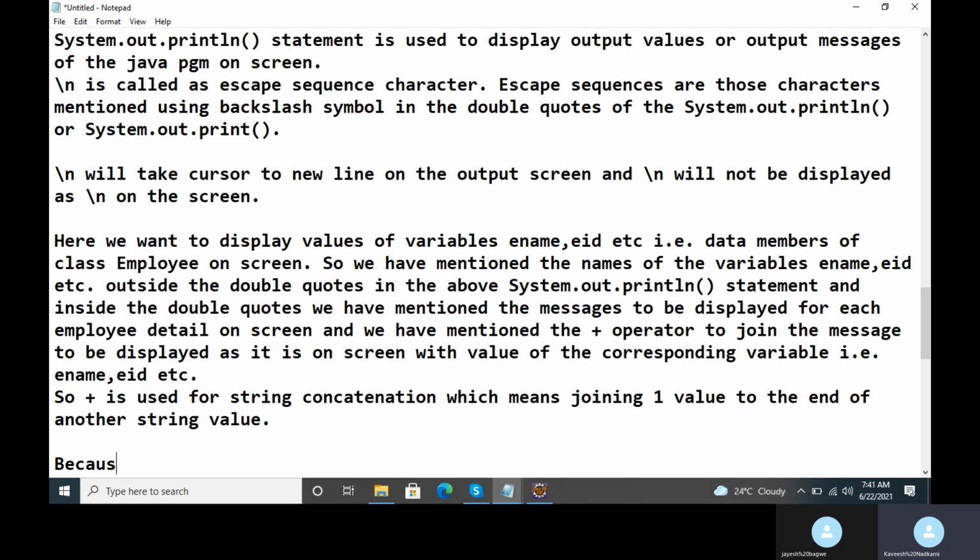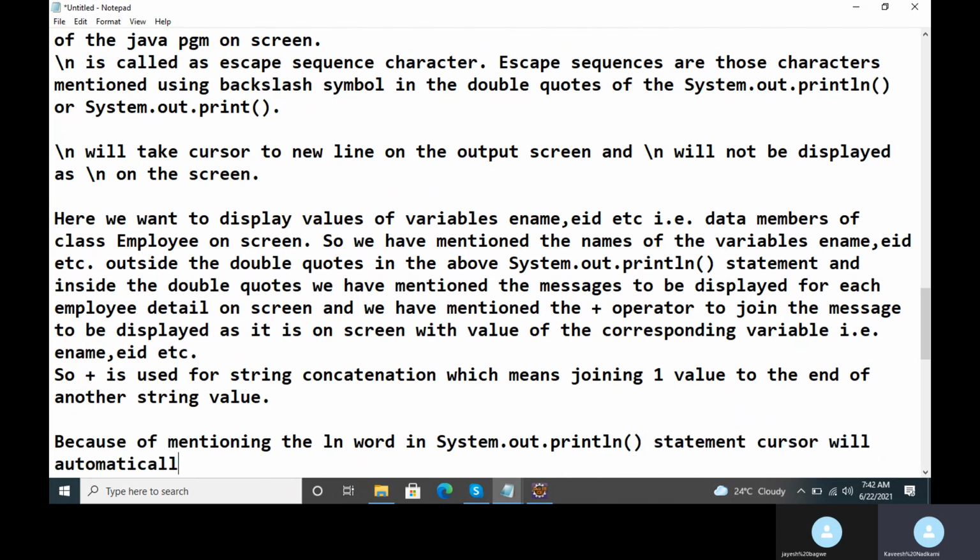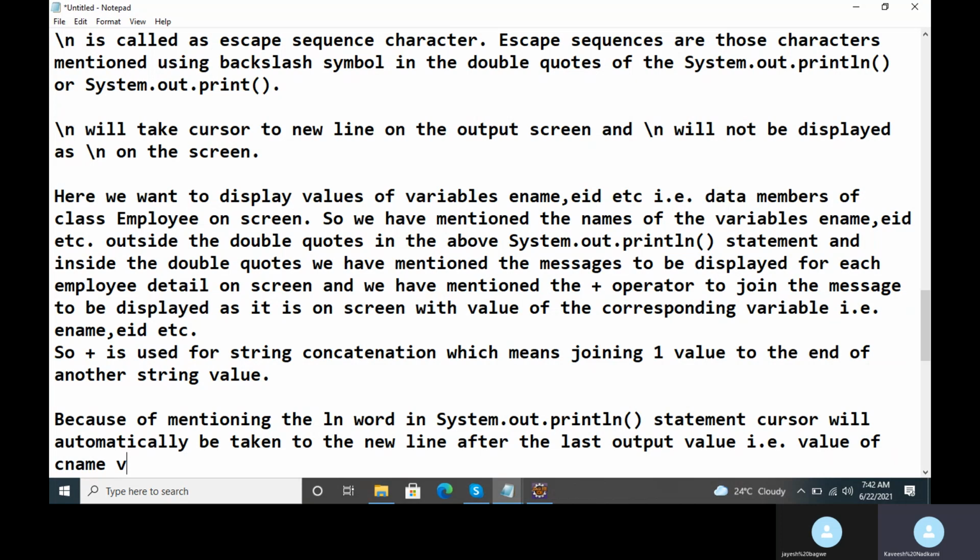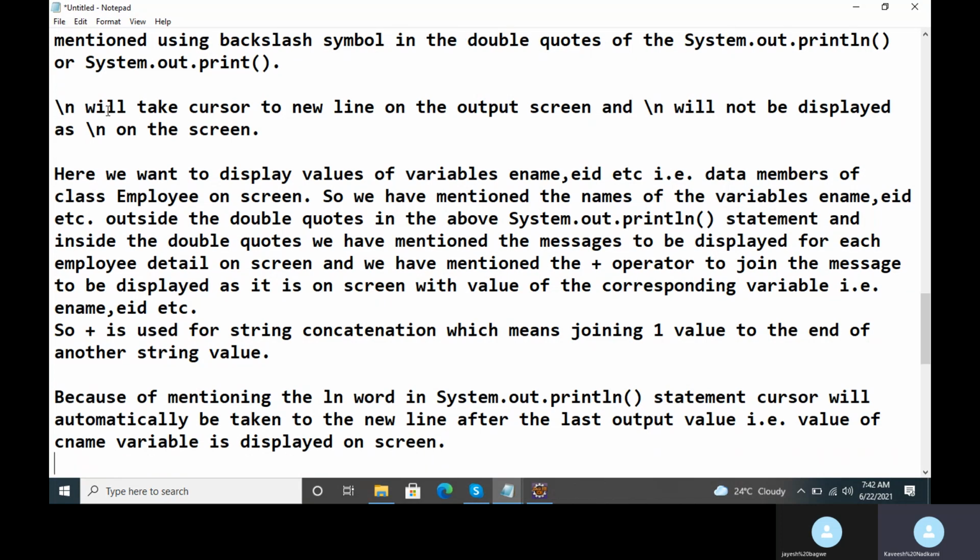And one more thing, as I told you, because of mentioning the ln word in the System.out.println statement, the cursor will automatically be taken to the new line, just after the last output value, that is the value of the cName variable, is displayed on the screen. Okay, Jayesh? So clear up till here now, definitely?